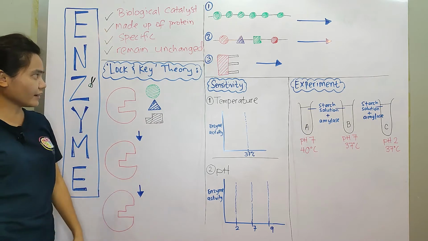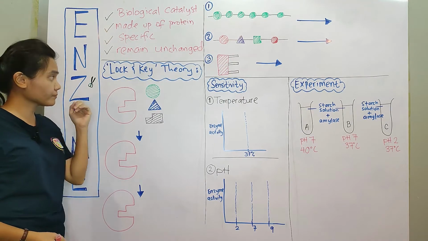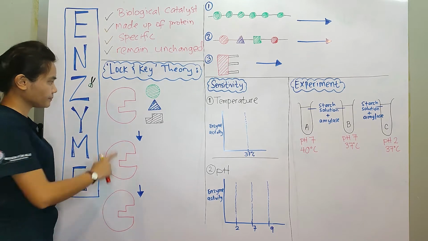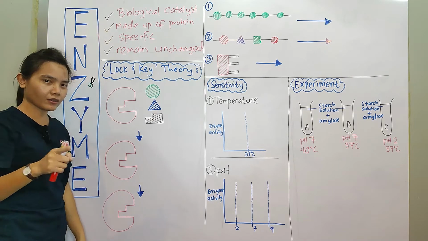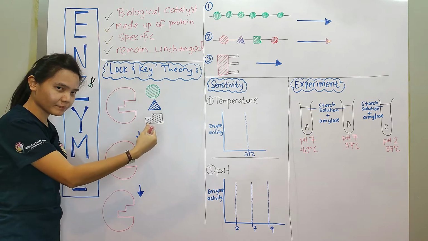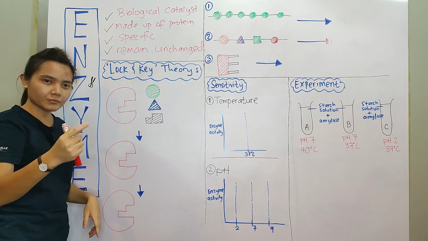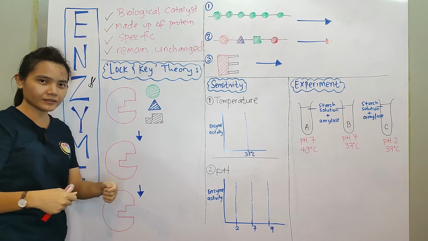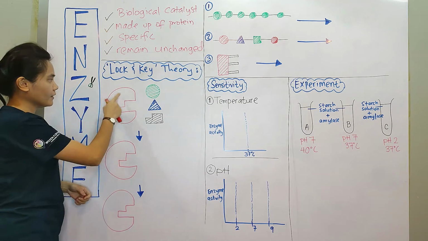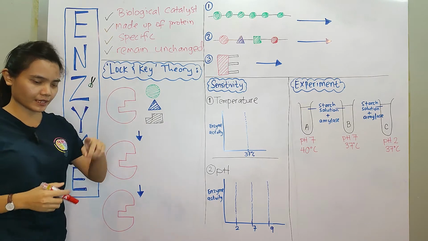Second one is the lock and key theory. The lock and key theory is very popular inside your textbook or your notebook, and maybe your teacher keeps saying lock and key theory. So what is lock, what is key? Imagine this enzyme is the lock, which has a specific shape to a key, and the substrate is the key. Lock means kunci mangga, that you always put on your gate. So you lock your gate or you lock your house with the kunci mangga, right? So that lock is the enzyme and the key is the substrate.